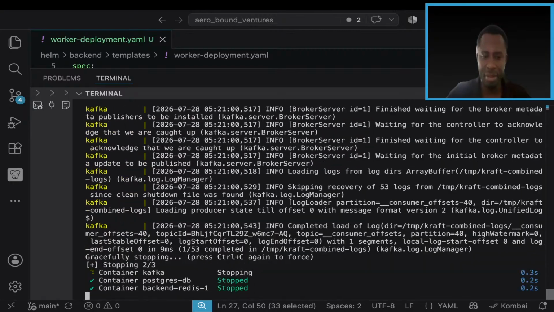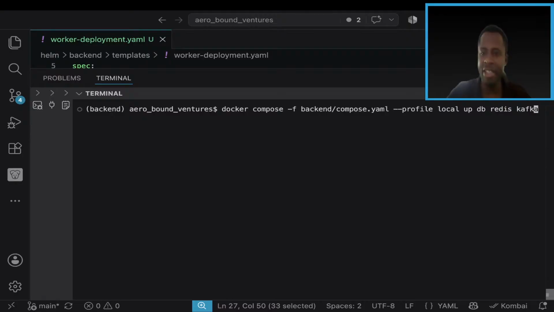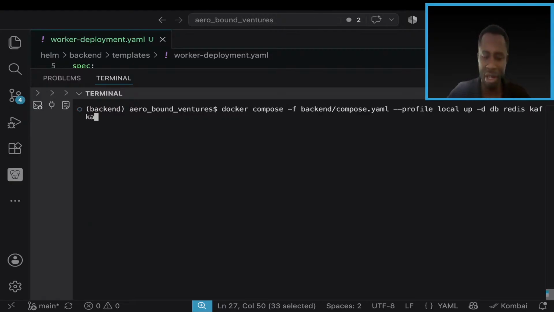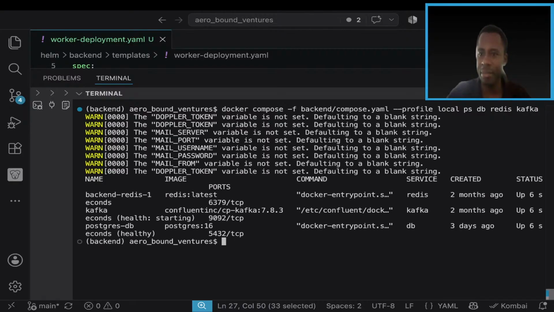Okay, all of them are starting, but let me stop them. I need to start them in detached mode. So I'll say app -d. Okay, all right, they're all started. This is good. So if I clear this and I say ps, okay,